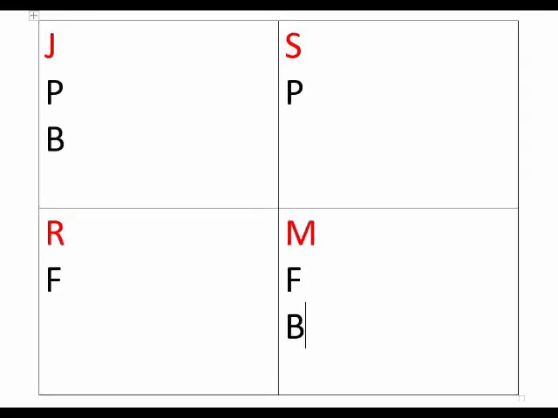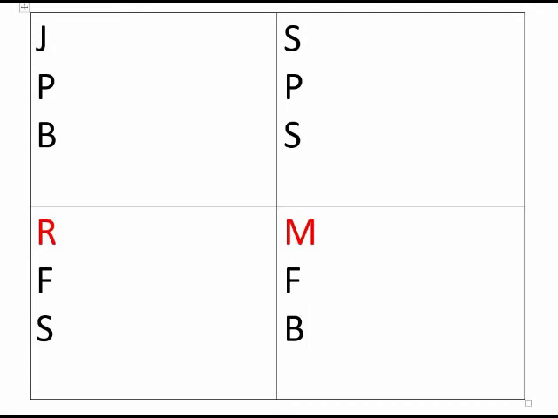The next thing the text tells us is that Rita and Mike like football. So we put an F in the box with Rita's initial and one in the box with Mike's initial. The next piece of information we need to sort is that Mike and John both like biking. So put a B in the box with John's initial and one in the box with Mike's initial. Our final piece of information to sort tells us that Rita and Sally like skateboarding. Now we've sorted all the information, answering the questions will be easy. Please pause the video while you answer the questions.